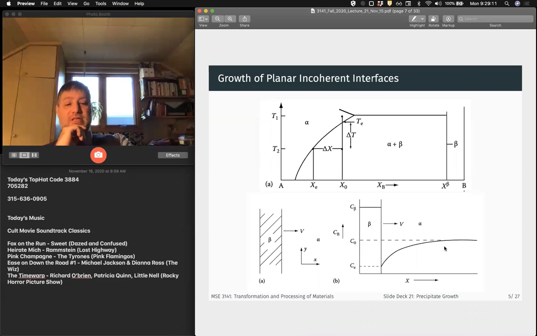The second is going to be the supersaturation, right? How much of a drop we have here, right? And how big of a change do we have, and how much do we need to move, right? And so that's the difference between the composition of beta and the alloy composition, right? So all of these differences are going to play in, right? And then we can think maybe there's going to be something a little more subtle as well,